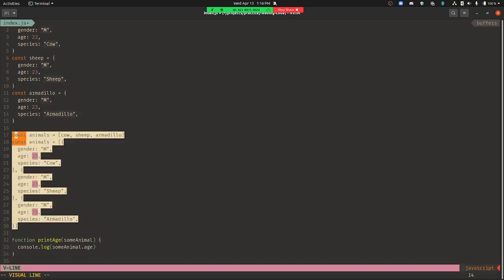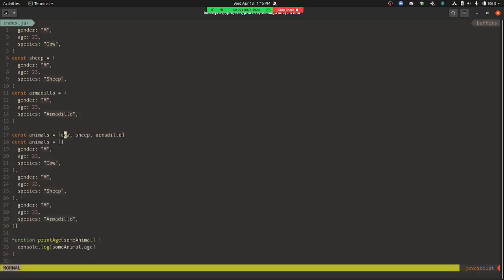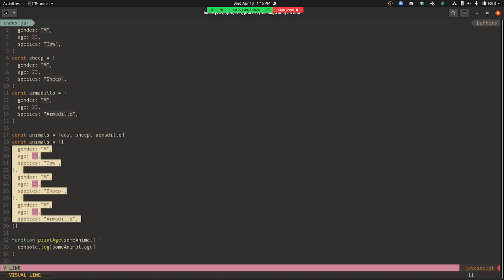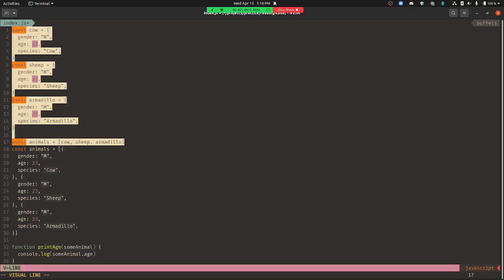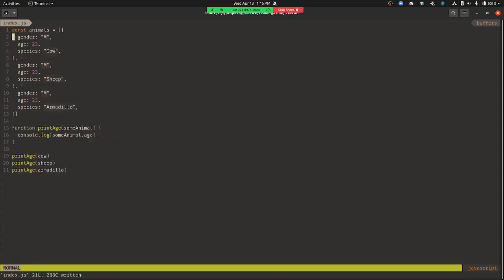These are the exact same thing because each of these evaluates to an object, or I can just write the objects in place. Either way. So if I do that, I have this array of objects, but what I can't do